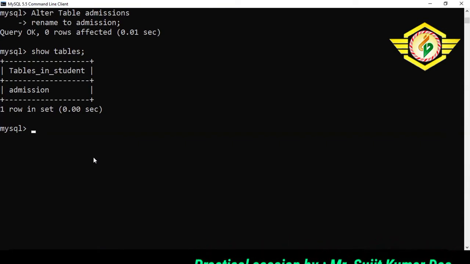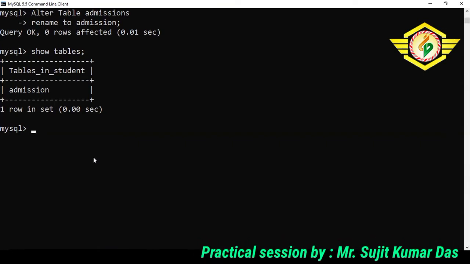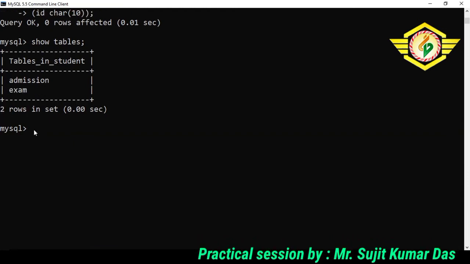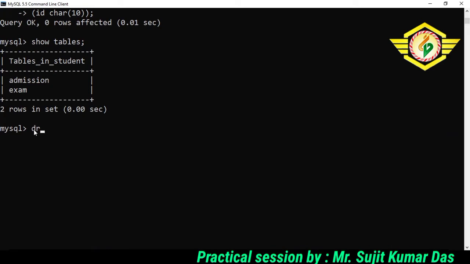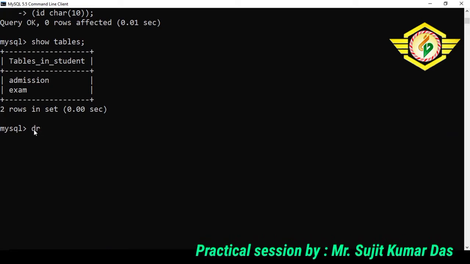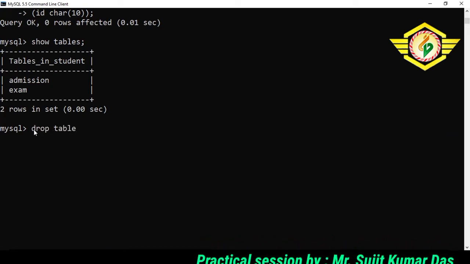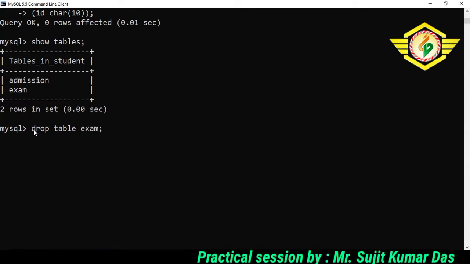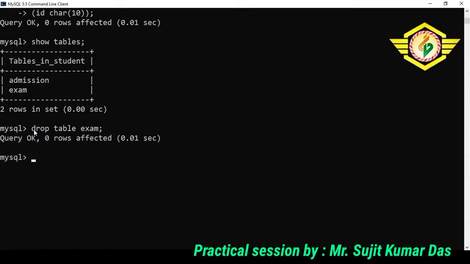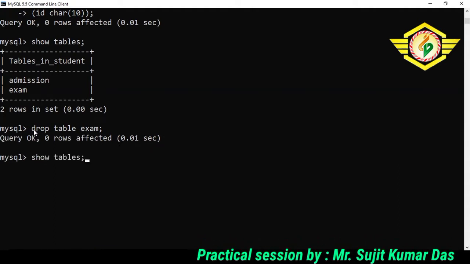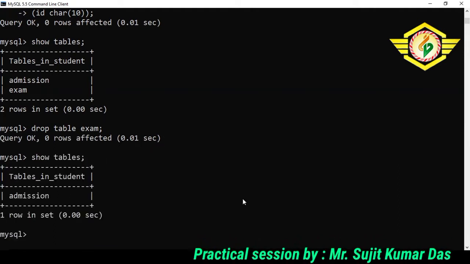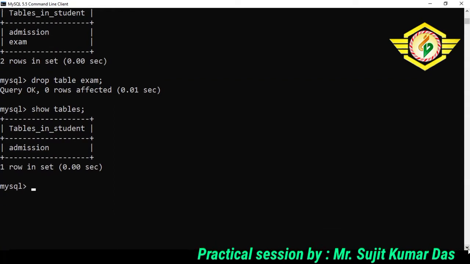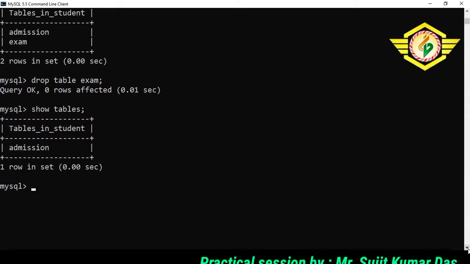Now if we want to delete the structure of this table, we can use drop table command, and it will be drop table followed by the name, that is exam. You put a semicolon, and now you can see that the table exam has been deleted from the database.